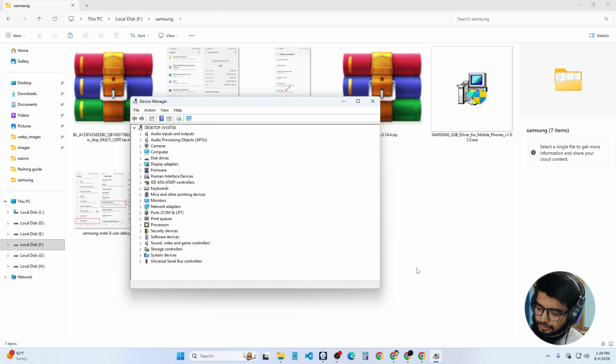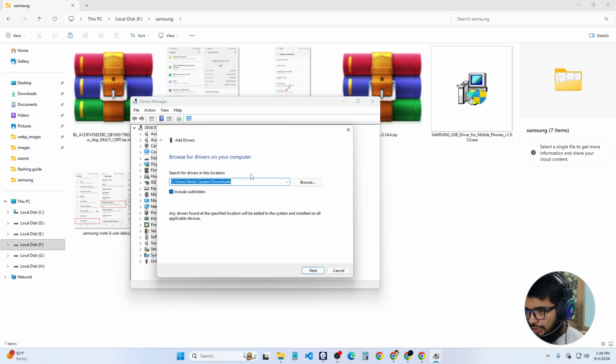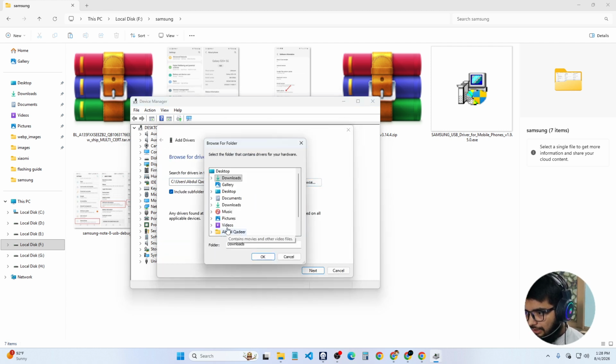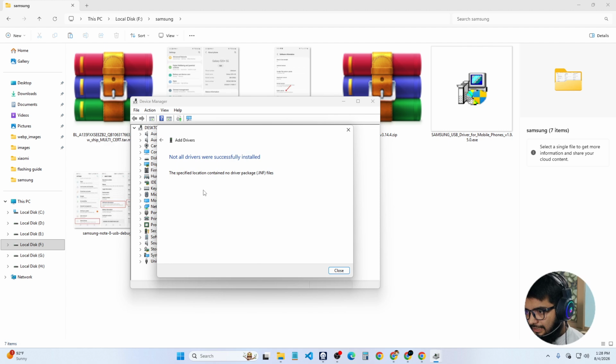If you are uncomfortable with the direct installation, then you can easily install manually using the Device Manager, and Device Manager will help you to scan for hardware changes, add drivers, and browse for drivers, wherever it is, This PC, F, and Samsung. Okay, then next. There is no driver found because the exe file is not a proper USB driver to